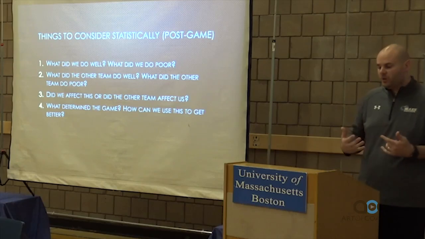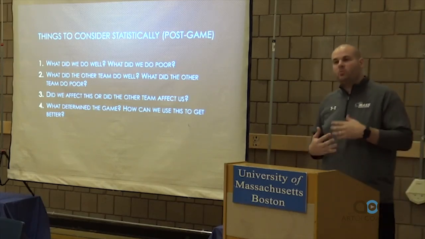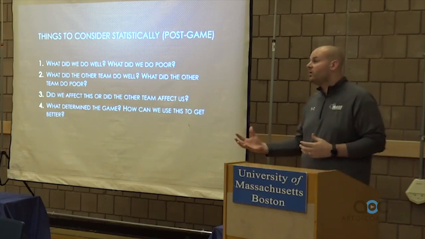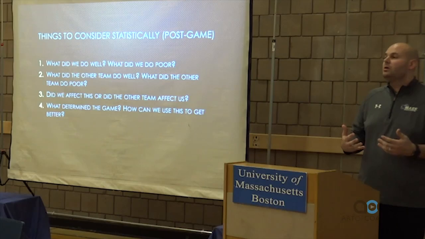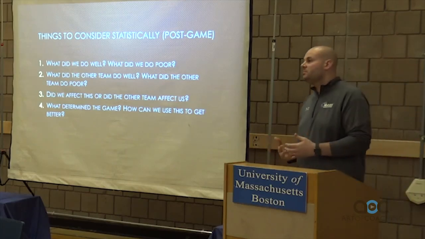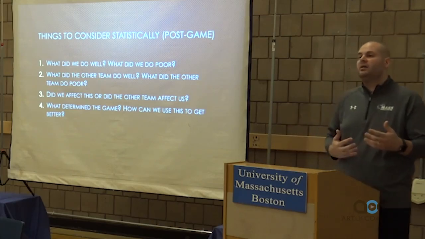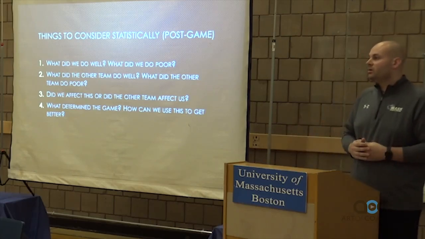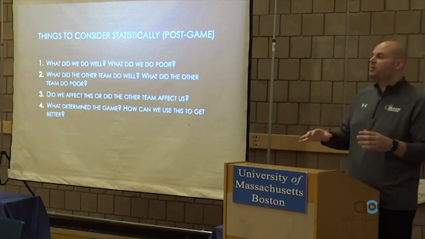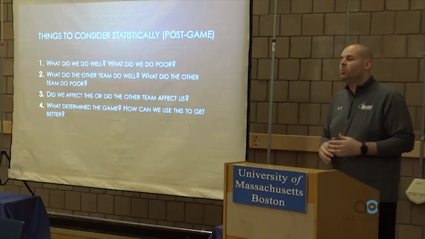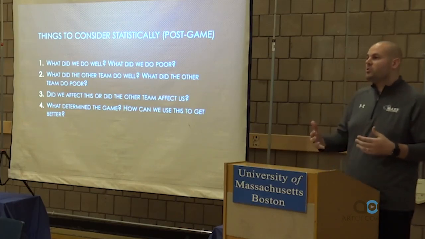And I think the biggest part, which was touched upon in the video, is how did we get to that point? Is this something that we did that forced them not to do well? All right? Did the other team hit 100, and did we keep them out of system 65% of the time, and that's why they hit 100? Or did they hit 100 because they had 20 errors in the match, right? Figuring out those parts and seeing beyond what the hitting percentage is and knowing why we got to that point will really help determine your statistics and how you use them.